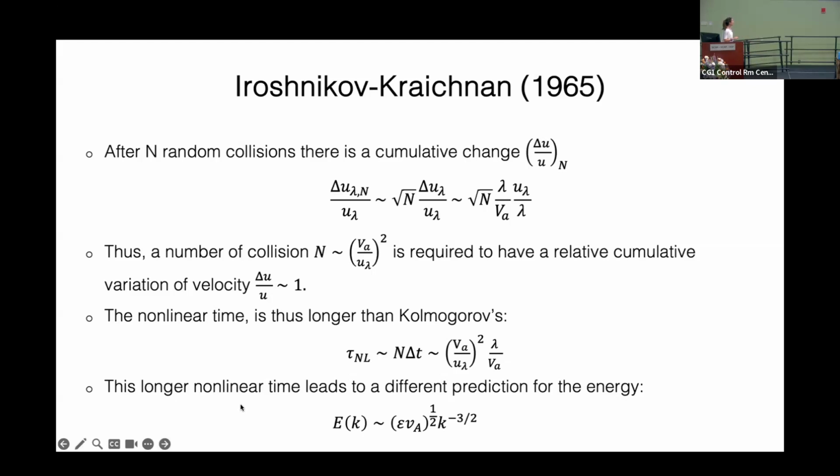So the nonlinear time, therefore, will correspond to the n of these collisions times the time delta t of the single collision, okay? So you end up having a much longer nonlinear time than Kolmogorov, and this ends up affecting the turbulent cascade. So you have all of the elements to derive this energy spectrum on your own. Once you have determined the nonlinear time, you apply the constraint of scale-free energy transfer rate, and you get your spectrum. So you can do that.